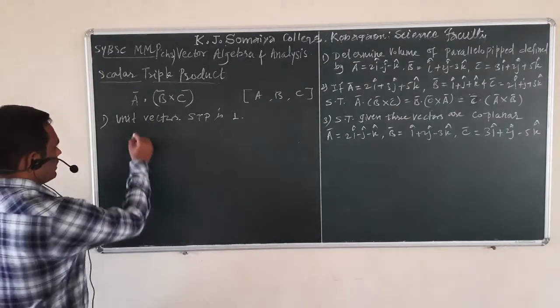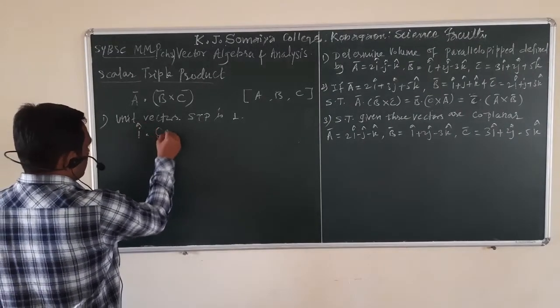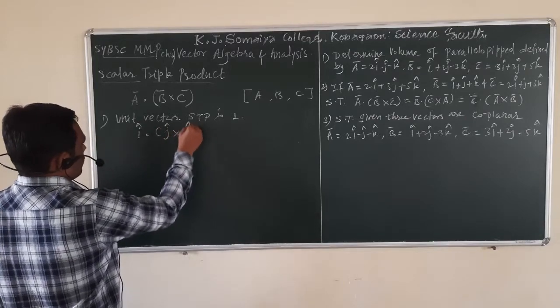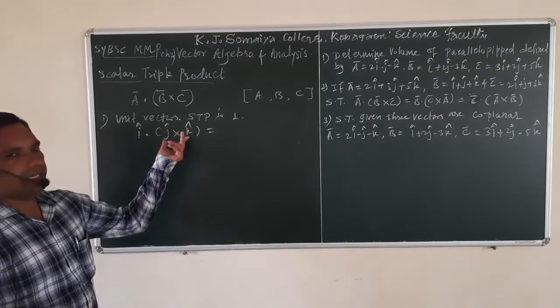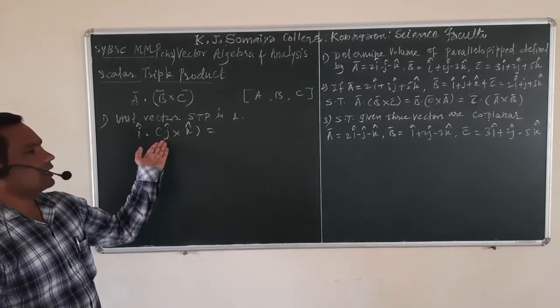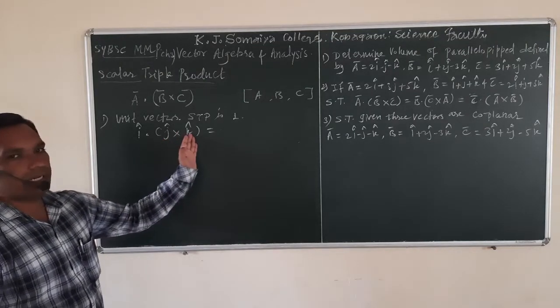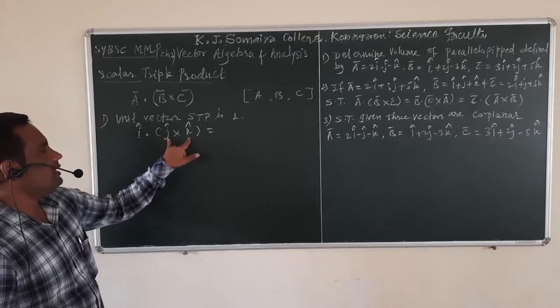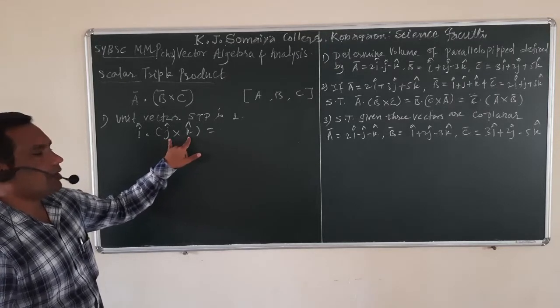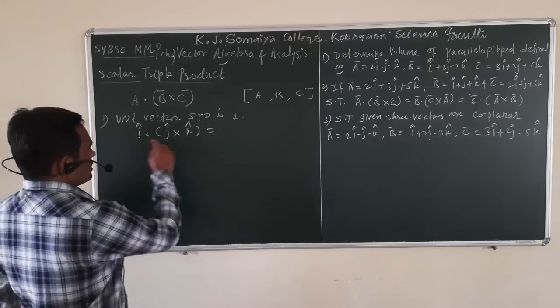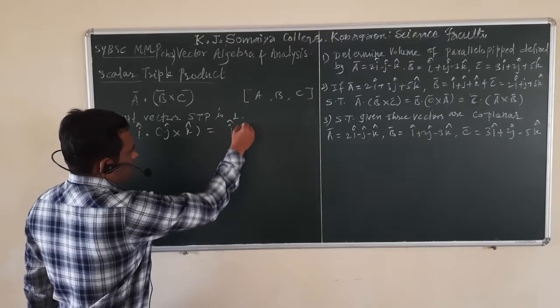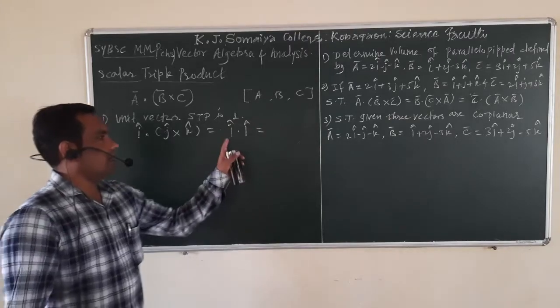That is i dot j cross k is equal to, we know that j cross k, this is unit vector along y axis, this is along z axis. So y and z, we get resultant quantity perpendicular to y and z axis, which is i cap. So this is nothing but i cap dotted with i cap,